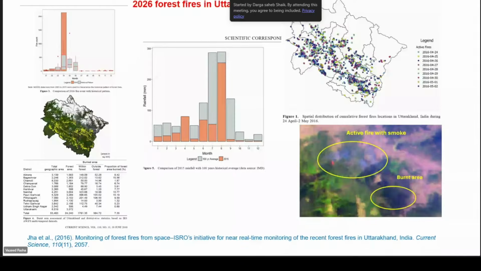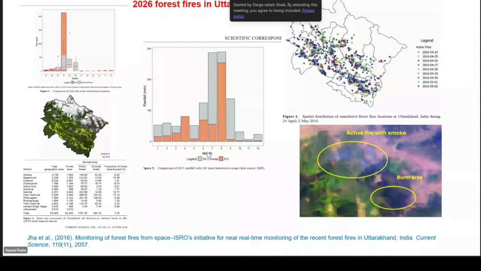Most of the area is impacted. More than 384 square kilometers is burnt, which is 7.35 percent of the area burnt within the study sites of Uttarakhand. You can see the district-wise distribution of forest fires.